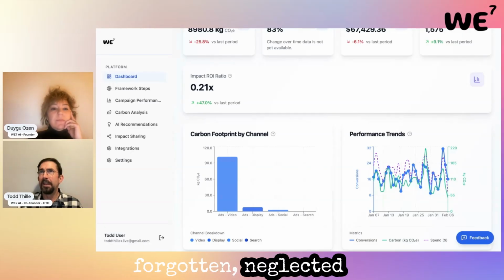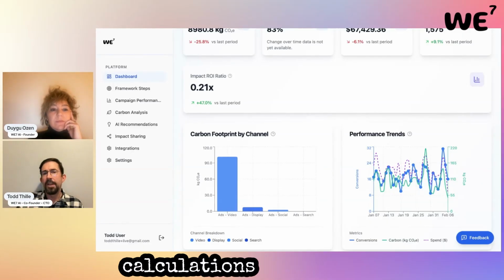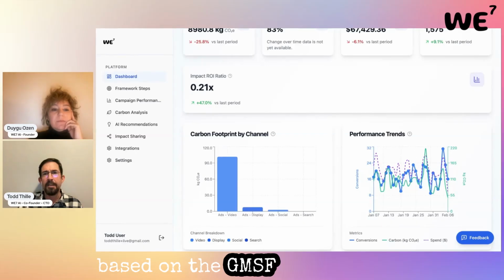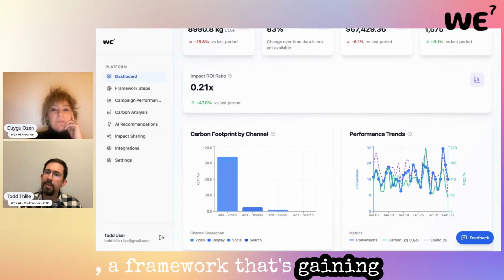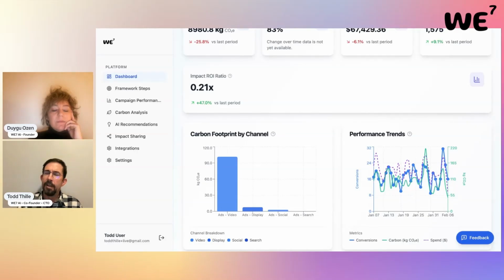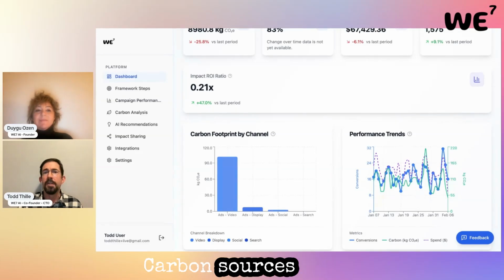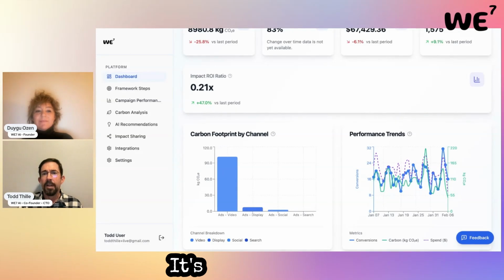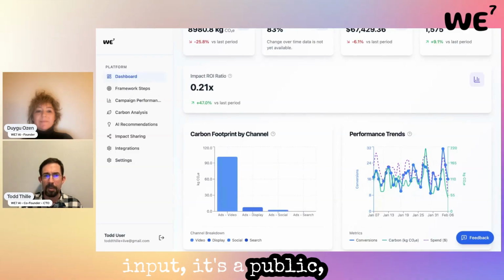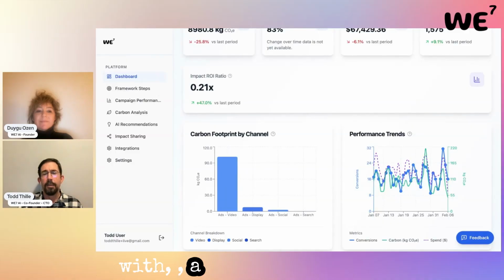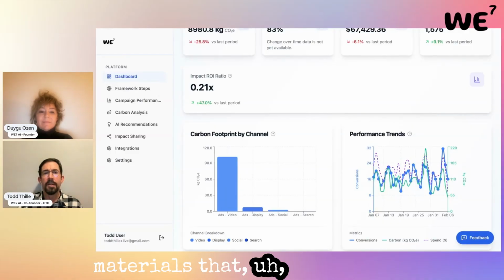I neglected to mention that the underlying calculations for this are based on the GMSF, the current version 1.2, which is a framework that's gaining in popularity as a standard. It's from Ad Net Zero, and it has vetted calculations for carbon sources in digital advertising. It's very robust. The formulas are very detailed. All of the calculation input is a published formula with a lot of supporting materials that, as I've seen,